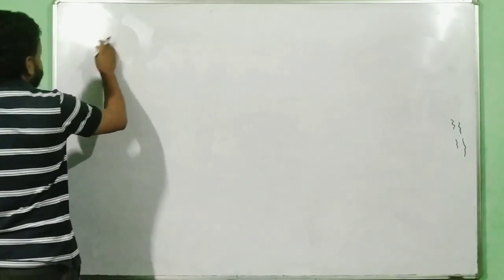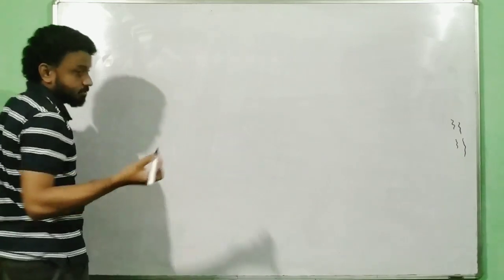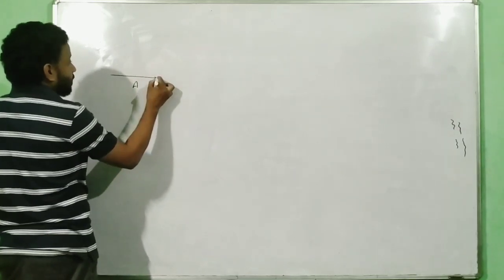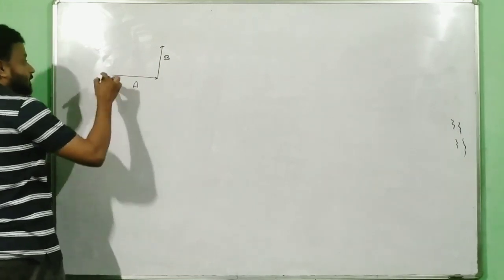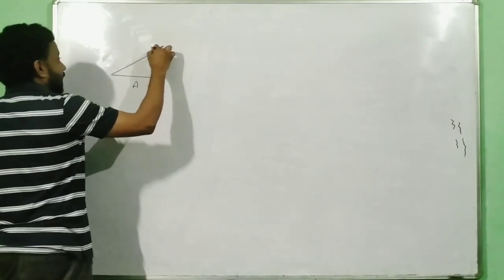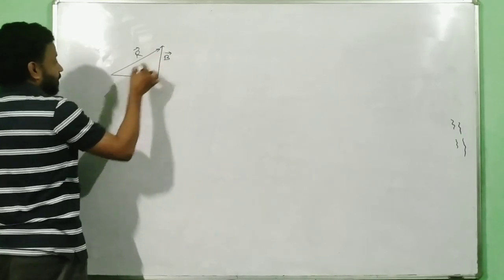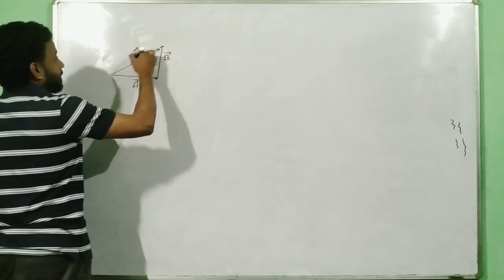In the vector addition law, I will start from the most fundamental example. Suppose you have a vector A and then you have a vector B. This we call the resultant vector R. Every book says this: if you have vector A and then vector B, then this is my resultant R.